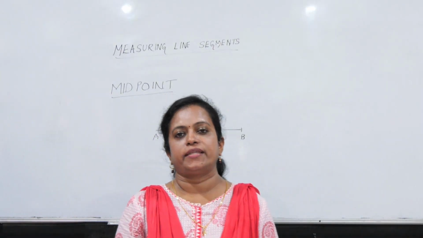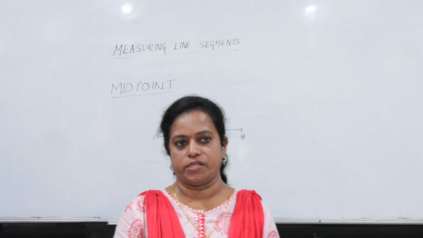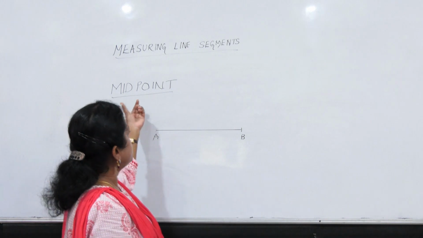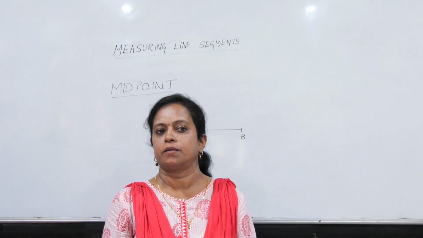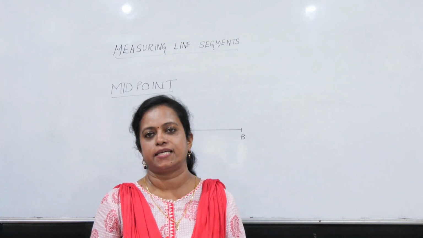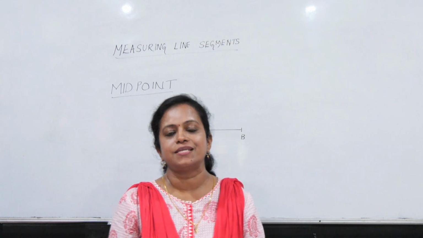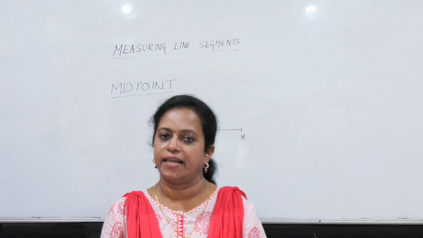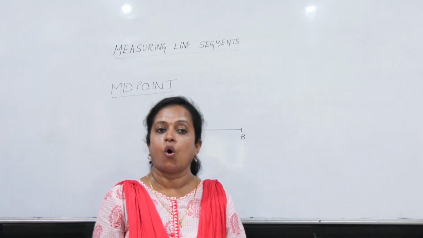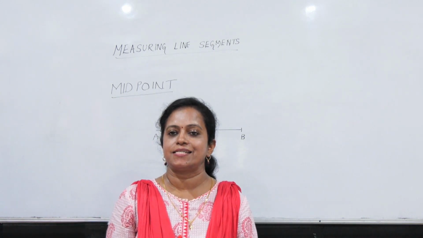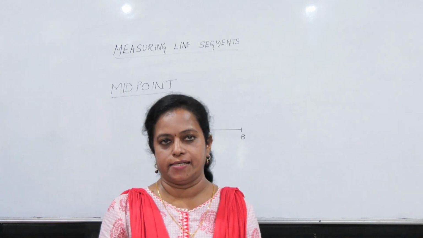Now the next point that we are going to discuss in this lesson is midpoint. Midpoint, जैसे कि यहाँ पे नाम बताया गया है, mid का मतलब होता है मध्य, और point, जैसे कि मैंने आपको बताया, that is बिंदु, मध्य बिंदु. What is the midpoint of a given line segment we are going to see? Midpoint is a point on the line segment that is equidistant when measured from both the ends.